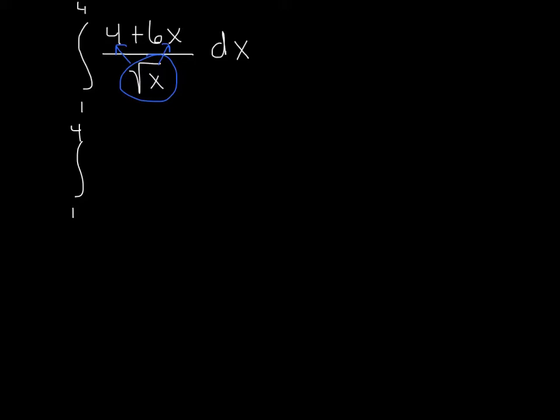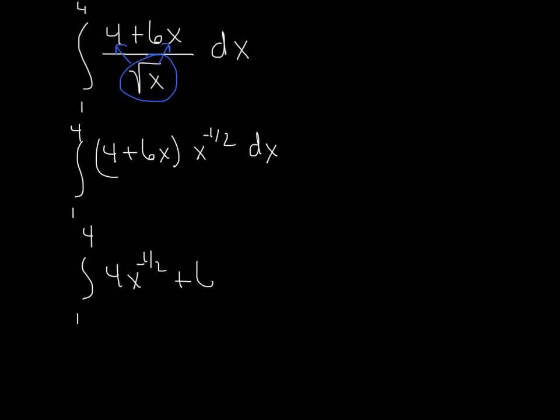I'm going to move the x to the 1/2 up to the top, and so it's pretty much the same thing. I'm going to move it up there, and that's going to make it x to the negative 1/2, and then I'm going to distribute that in, and we're going to get 4x to the negative 1/2